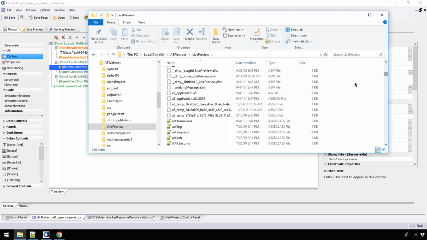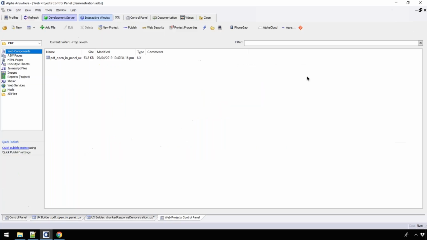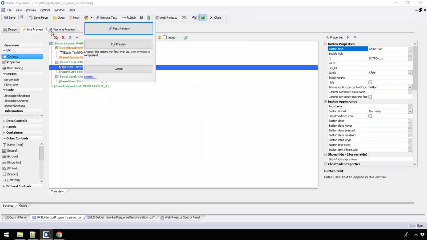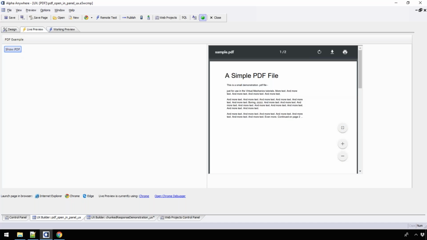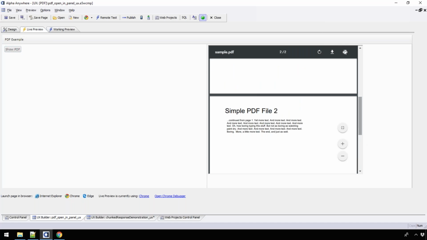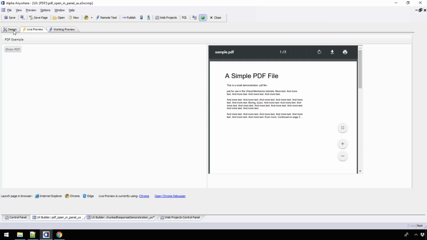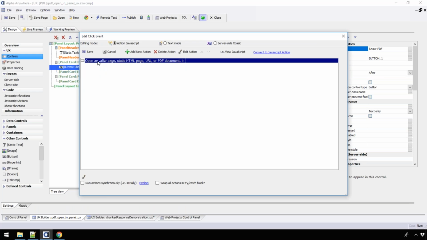And again, most likely you would be calling a URL for this stuff, so you wouldn't be doing it from there. So I'll copy that, but I just want to demonstrate that it actually works. So let's go here to live preview, paste that there. Okay. So we'll go in here and do a live preview, and now it should be able to find that file in there. Voila. There it is. Cool. And it's using the PDF, so you can print it, download it, etc. from there. So the trick here is to use the built-in open an A5W static HTML page URL or PDF,